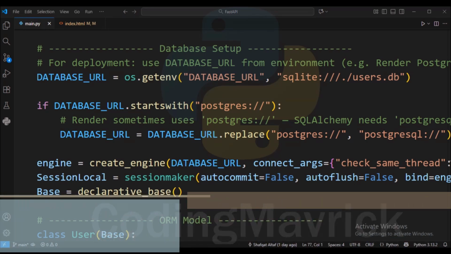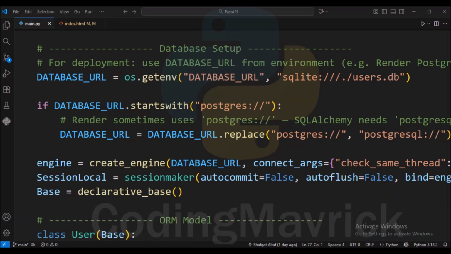As you can see, os.getenv will always have a DATABASE_URL variable when it is on the cloud. And if it is not on the cloud, then the SQLite URL would be returned in the DATABASE_URL variable. In this way, the code works for both cloud and local server with their respective databases.